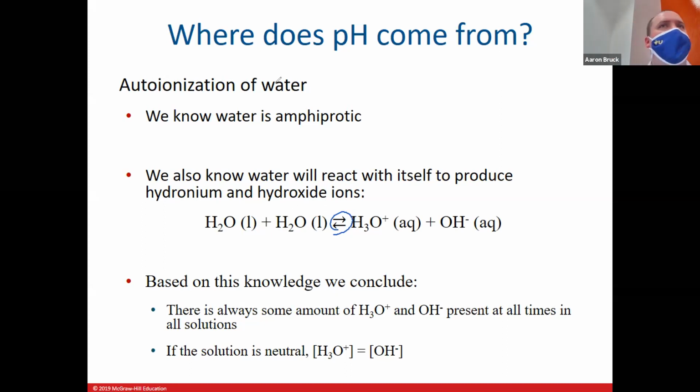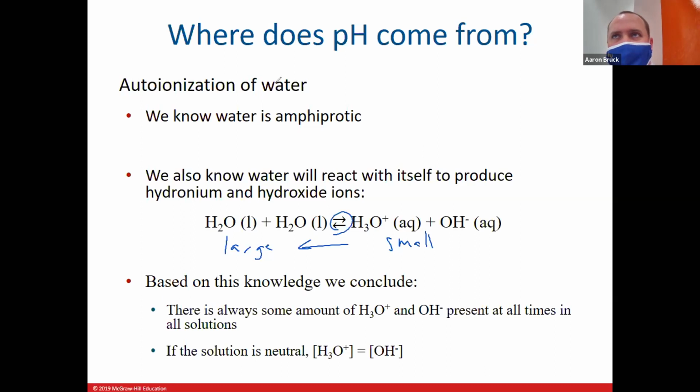This is not a one-way street. The majority of this reaction is going to be in this direction here, and only small quantities